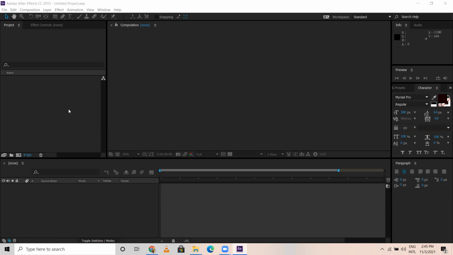Okay, so now I'm going to work on a compositing part here. Normally, as you know, these are 2D based tools. After Effects is a layer based software and it's a 2D based tool. We do have an option of a 3D layer, converting a layer into 3D. We have that option.